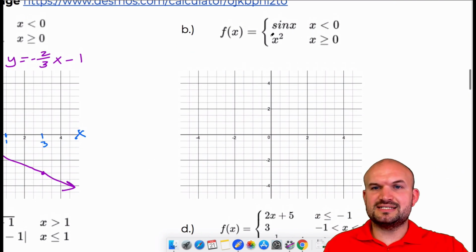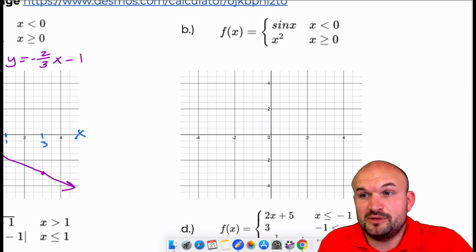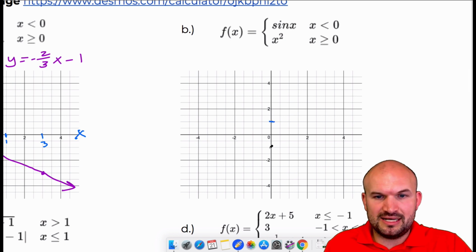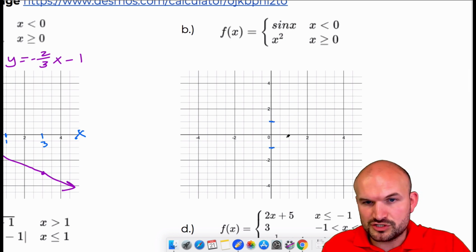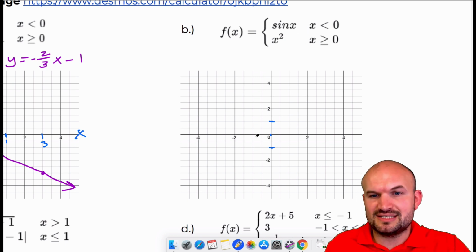The next one is sine of x. Sine of x is something that should be familiar to many of you. The important thing for sine of x is that it has a max and a min at -1 and 1. It's a bounded function. It's going to cross right there, but that's saying for only x values that are less than 0. Obviously I'm not going to be graphing this perfectly correct. I'm just going to do a rough sketch here, but the graph is going to look something